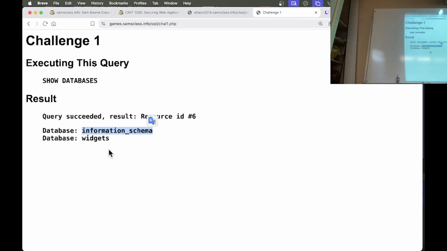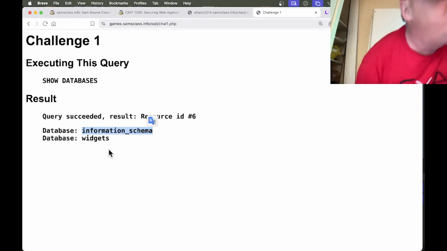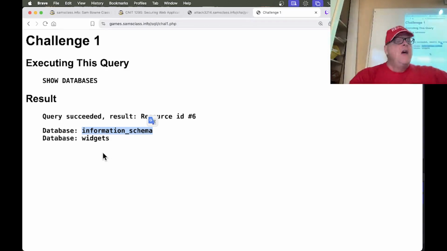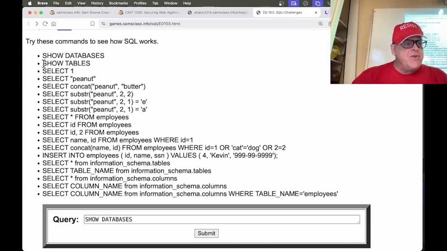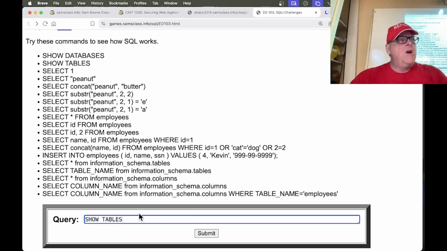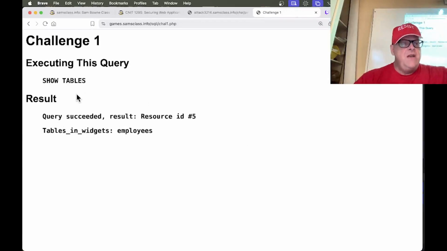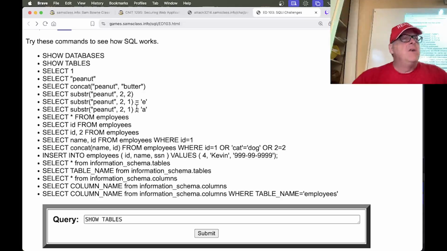So there's two databases. The first one, information_schema, is automatically created and it always has the same name. So it's real important to us. That's where we can look to see the structure of the database. The second one is what's going to contain company data like social security numbers and other valuable things. So we can show the tables. Now the tables, if I didn't specify what database they're in, it'll be in whatever this query regards as the current database, and it turns out that's widgets. So the widgets database contains one table called employees, and we'll play with that a little later,